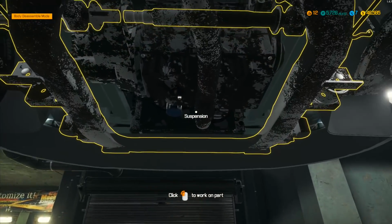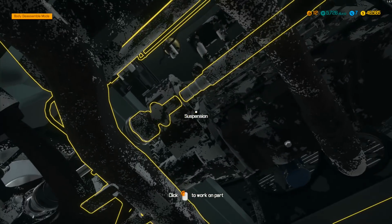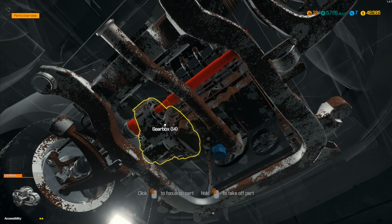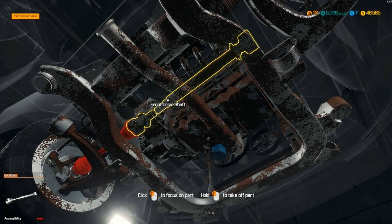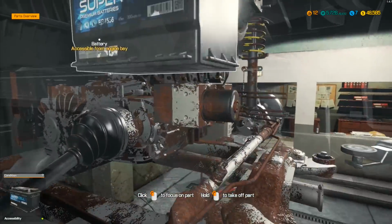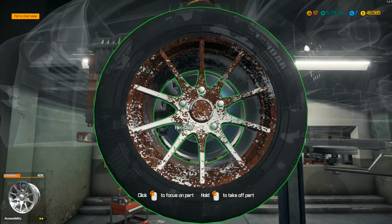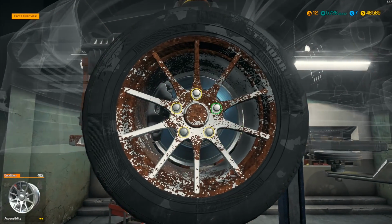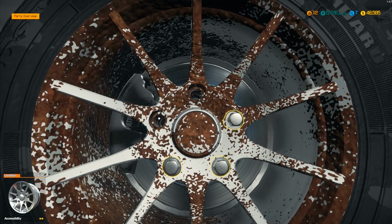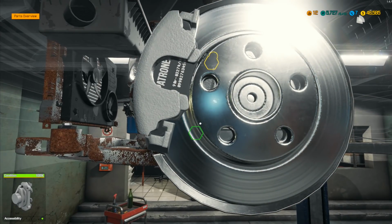So let's come... Can I get to the gearbox just yet? Where is the gearbox on this car? It's the next thing. Oh, that's the gearbox up there, isn't it? Yes, there's the gearbox. And that one's got to come out there. I want front drive shaft, so I want to come out this side. The gearbox I can actually do from here. If I come back out a second and I remove this wheel, then I can take the drive shaft off. I can also remove the brakes, brake caliper,